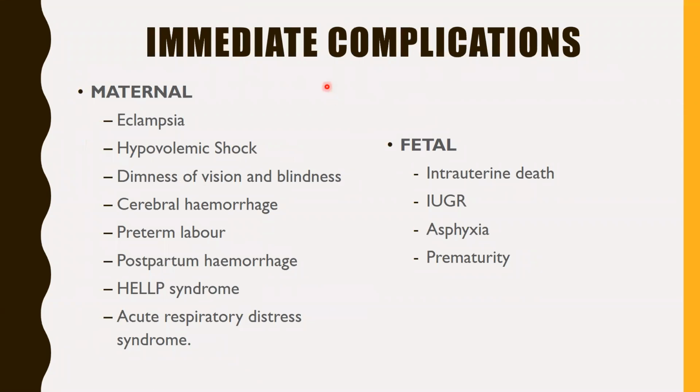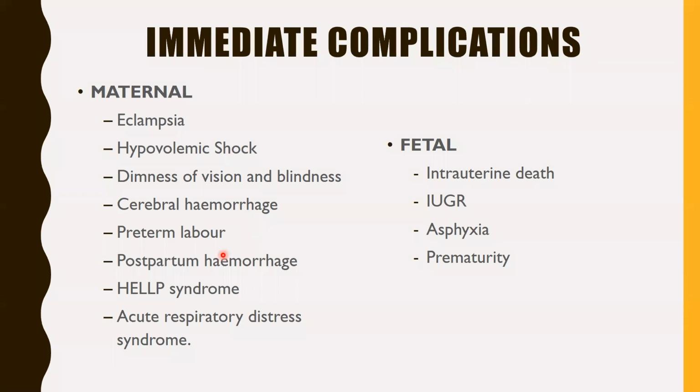Some of the immediate complications, as we go on to discuss the next common condition, are that when someone has preeclampsia, there's a risk of it progressing to eclampsia if not treated, or if it's not detected earlier. And so maternal complications may be eclampsia and hypovolemic shock. All of these we're going to understand as we look at the pathophysiology as well as the pathogenesis. You find that there is dimness of vision and blindness, which are the retinal effects of this disease. Then the cerebral hemorrhage and the preterm labor,